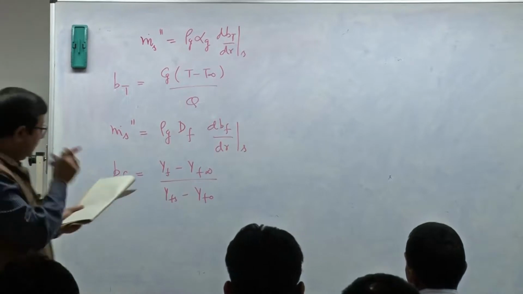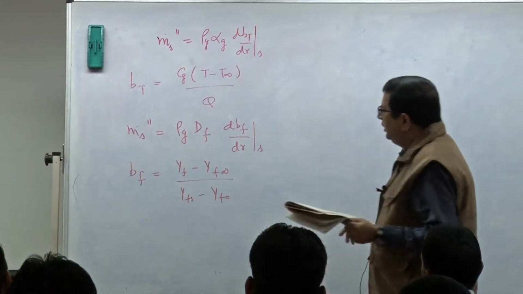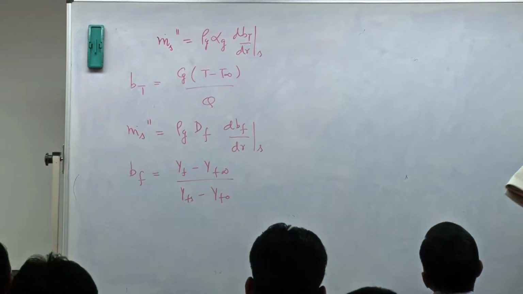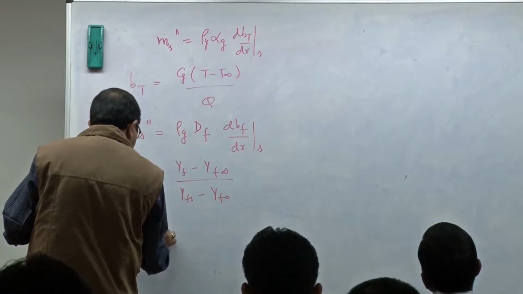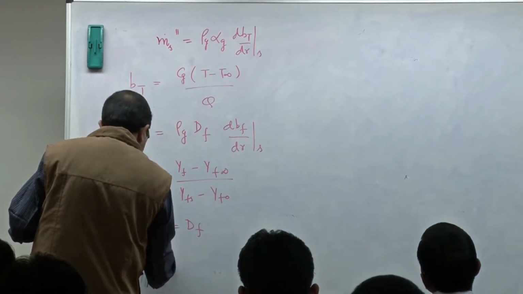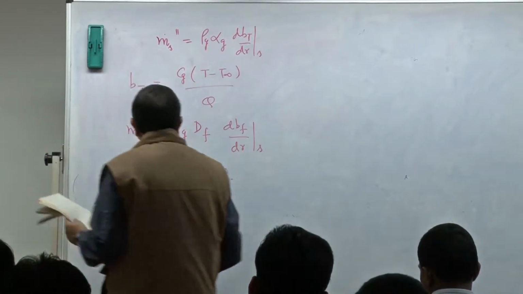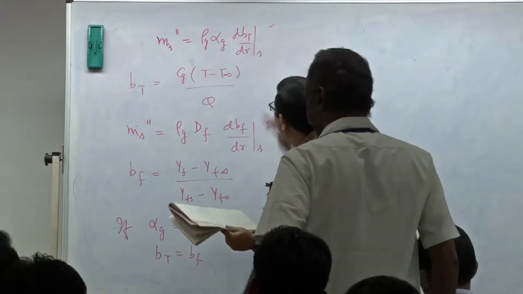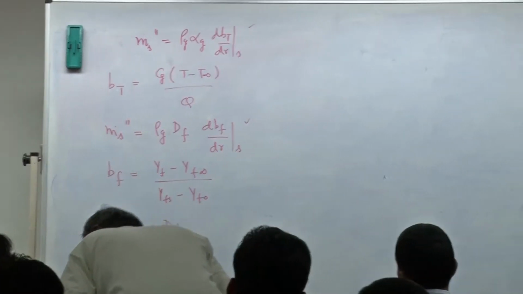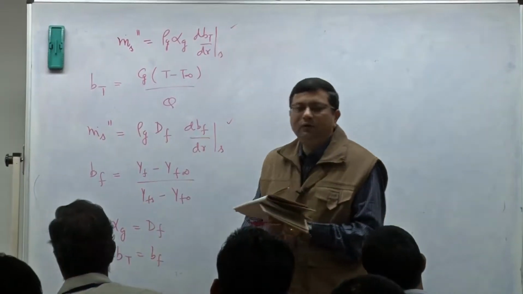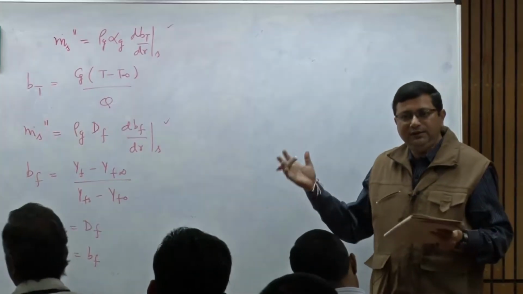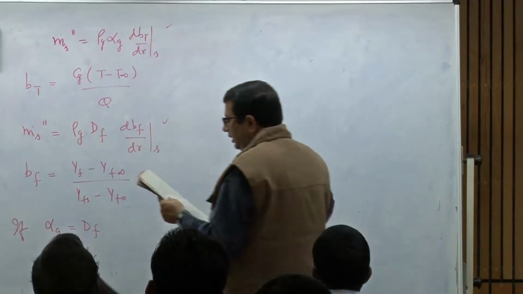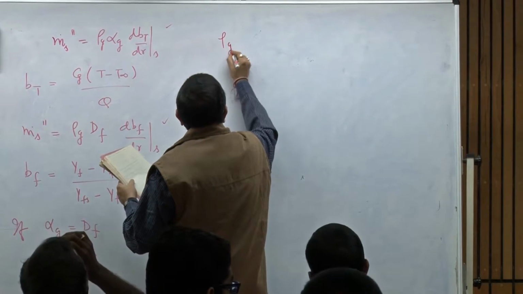Okay. Now, these two were derived from two different conservation expressions, but you see that if alpha g is equal to d f and B t is equal to B f, then these two differential equations will be identical. So essentially that will get us to solve only one equation with one set of boundary conditions, for both the species as well as energy, or temperature and species. So, the governing equations then get transformed to